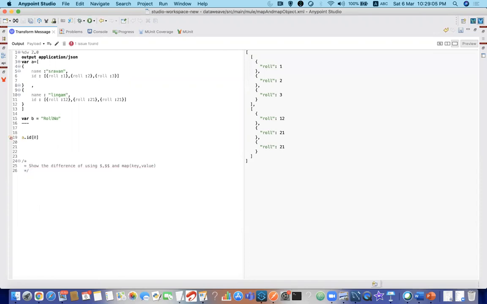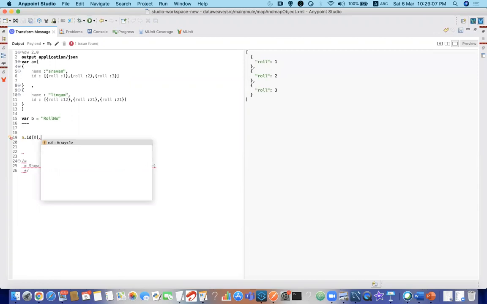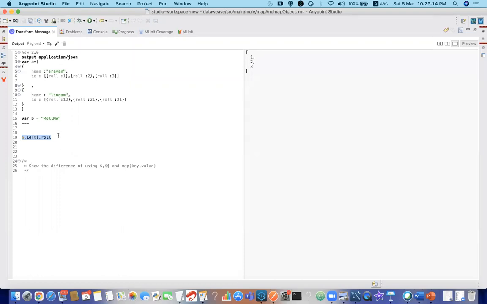Of 0 will give 1, and dot, let me keep this for now. I'll come up with another example. I think I have that example. Generally, the reason why we need to use star is to extract all the values from an array. Flatten is another syntax. That's what I wanted to show. I'll show that. I have another example for that.